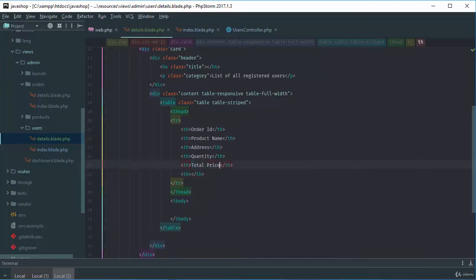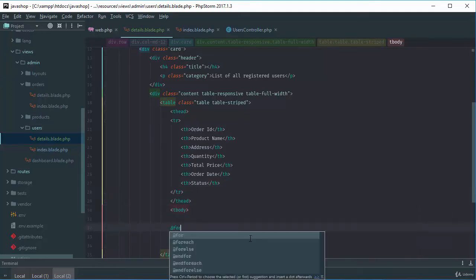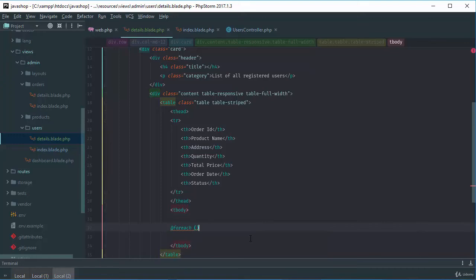Okay, it's total price, and then of course order date, and what about the status? Okay, that's it. Now we will use the for each loop, of course,